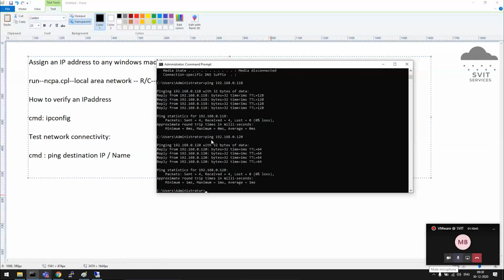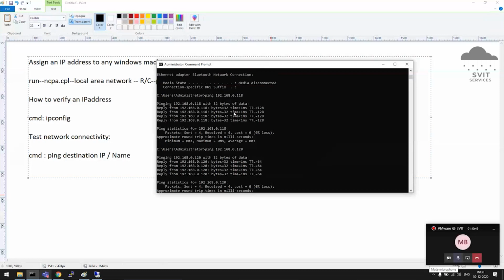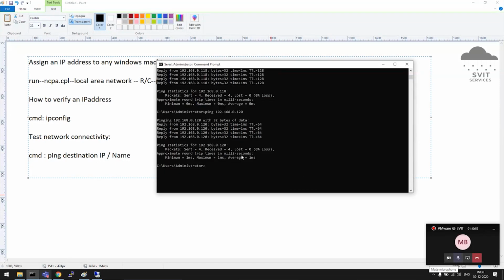What is happening when you do a ping to the destination machine? From my machine 118, it is sending 4 packets of data. Small packets of data, just like a default hi message. Let's say like that. It's not exactly hi, just 4 empty packets will be transferred. They will be sent to that 120 machine.